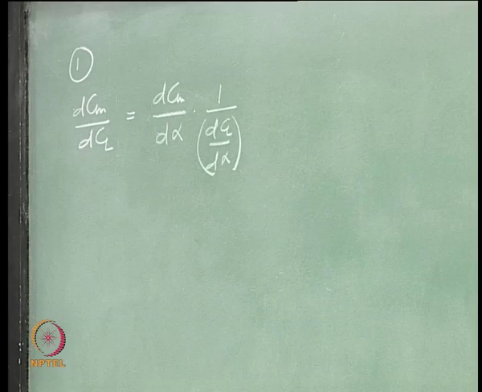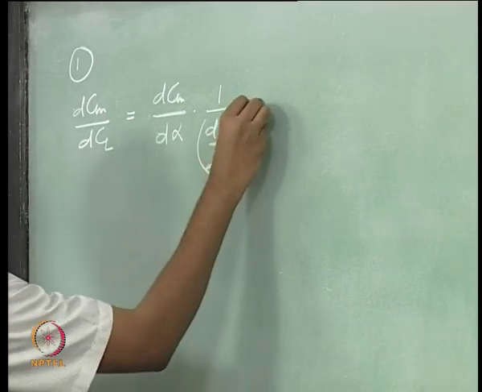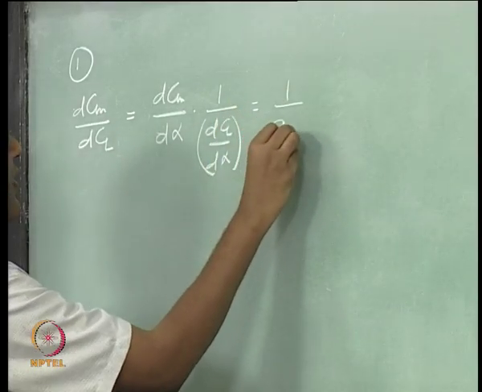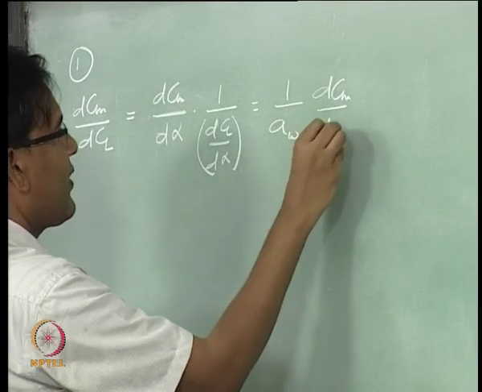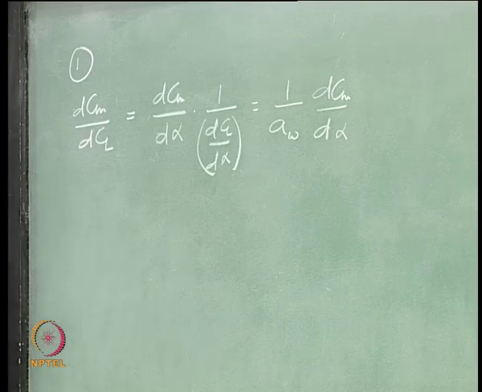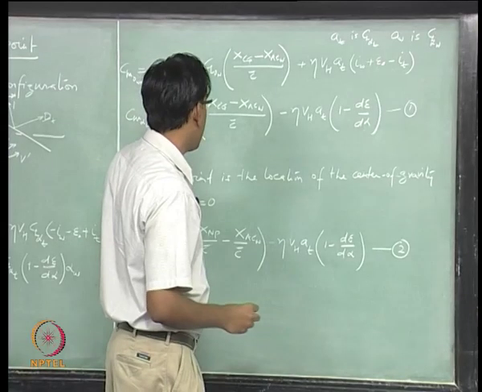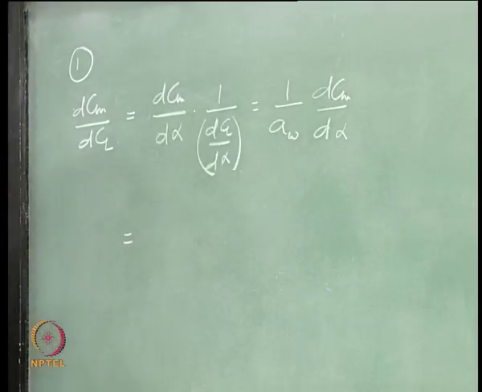The CL produced by the wing is much more than the lift produced by the tail. So, this is of the wing, right. So, I can use this one and find out what dCm over dCl is, and that is